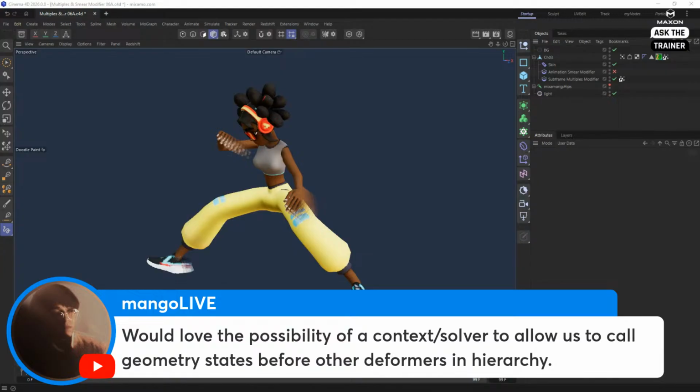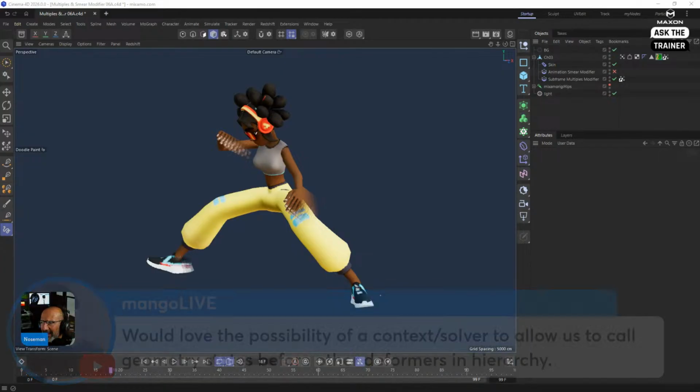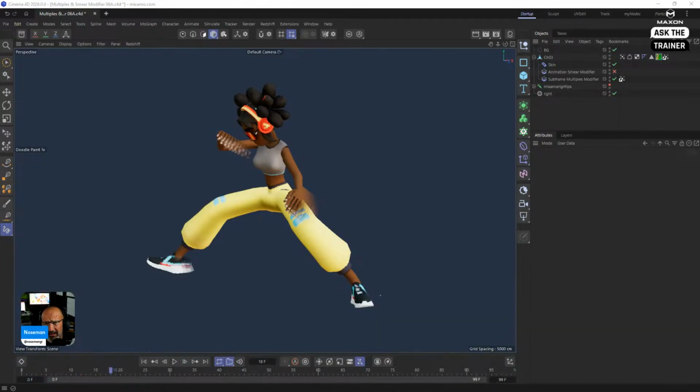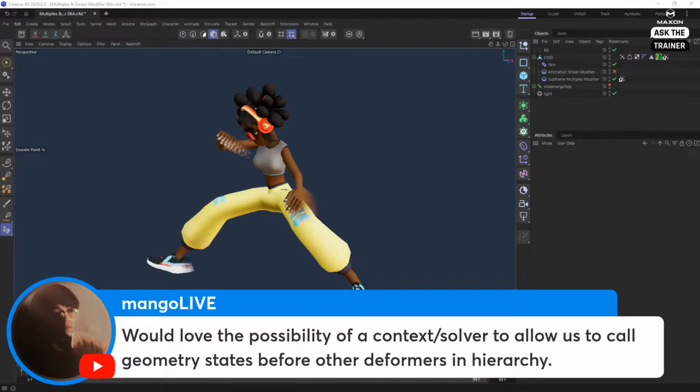Okay, let's see what this says. Okay, Mango Live would love the possibility of a context or solver to allow us to call geometry states before other deformers in the hierarchy. That is an object system thing. I have no idea how and what, but I'm sure you know what you're talking about.